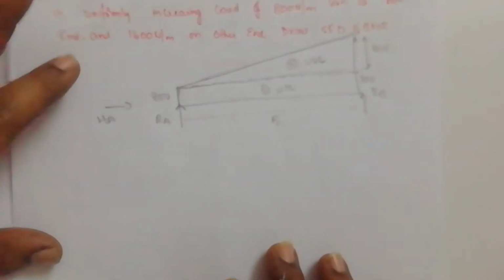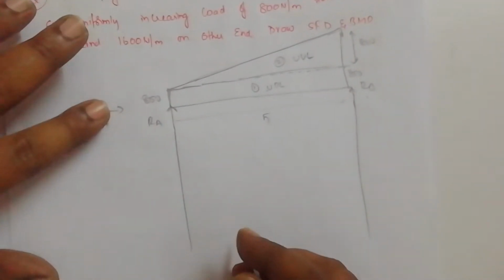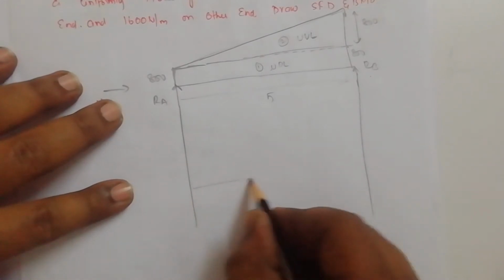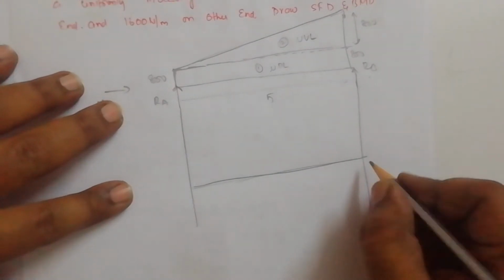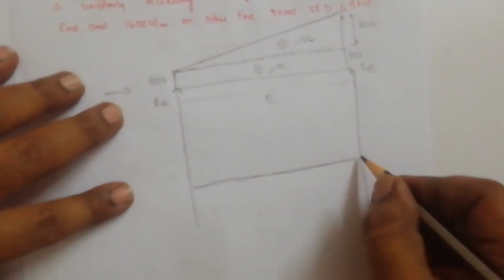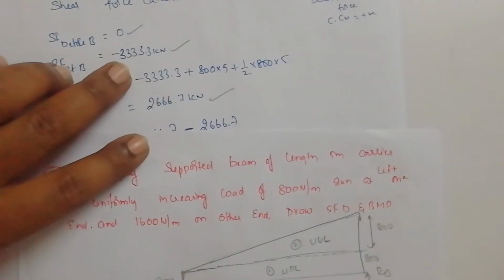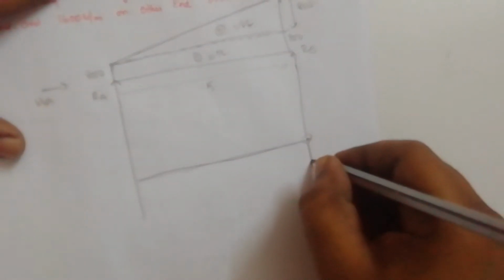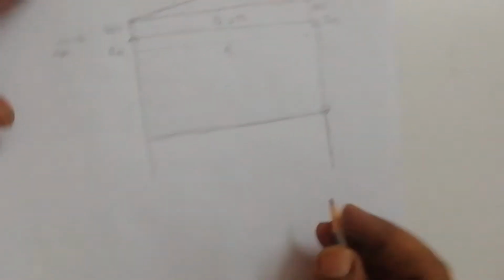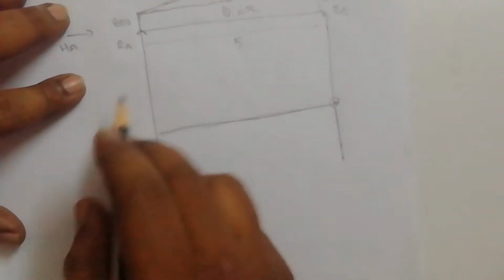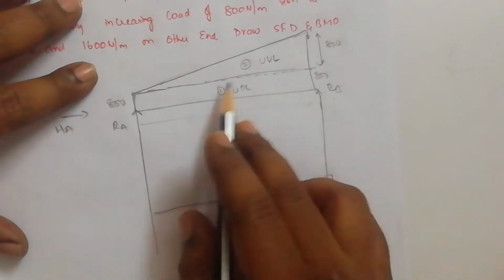Let us go to the first page where we have drawn the figure. Always extend on the same page. So I have extended. Okay, I will take the baseline. This baseline is called the 0 line. From here I will keep the load before point B as 0. Now from 0 we go to minus 3333.3, let it be this distance. From here there is no other load acting, no other point. We have only point A and point B.